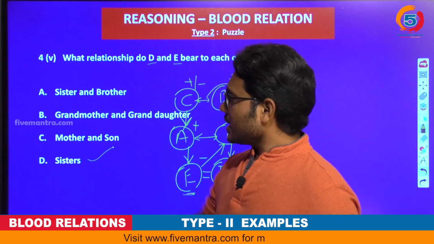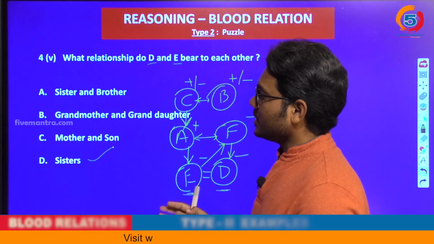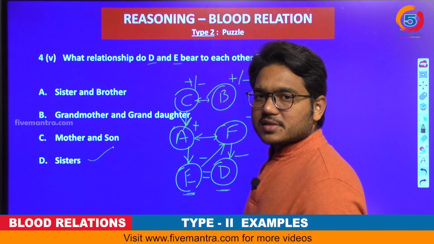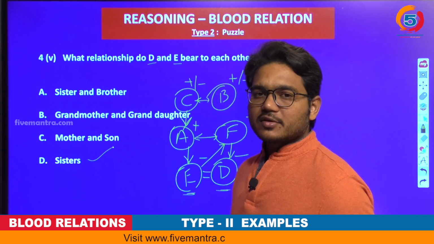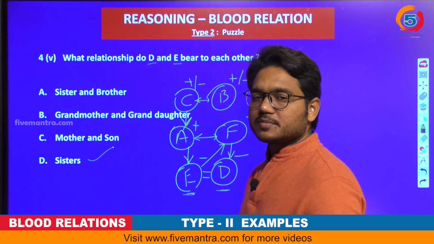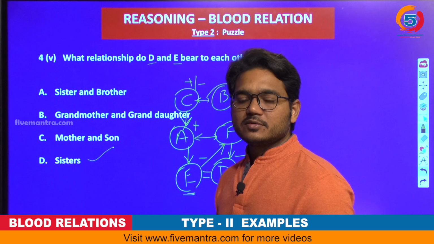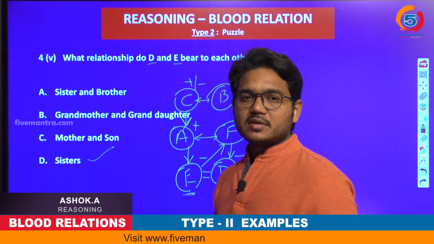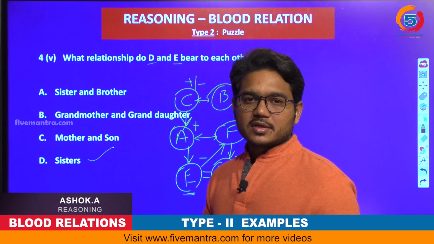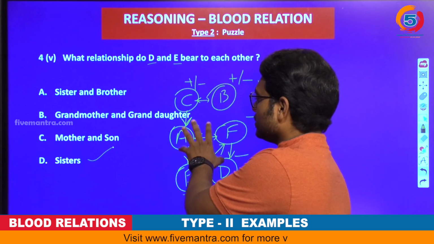So you can understand, once you draw this relationship tree, it is obvious that every answer can be easily traced out. But what if you haven't drawn this relationship tree correctly? They are interrelated answers. Obviously you may go wrong with all the questions. Okay, you may get all the answers wrong, isn't it? So the key point here is you have to draw the